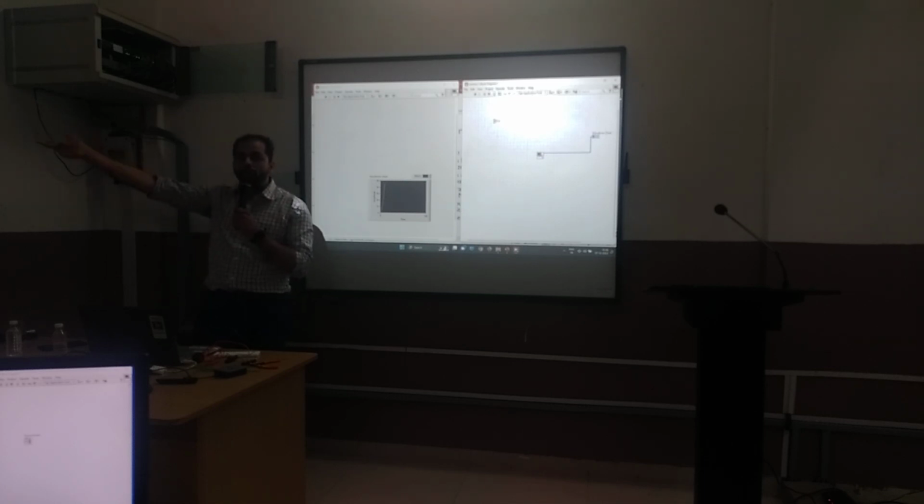So the output is going to be Boolean, true or false. If it is greater, then true. If it is lower, then false. If you place the less than node, then it will compare X and Y, and depending upon it, you will get either true or false. So you can use that.